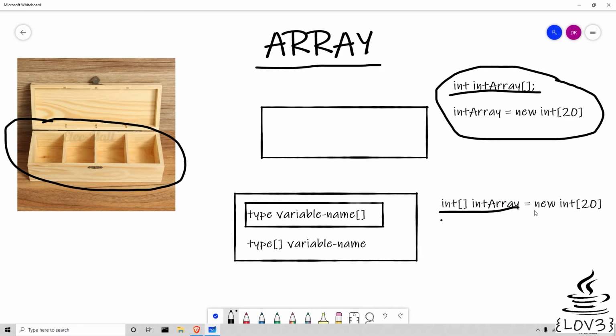When you use this keyword new, like this, you'll have 20 compartments, but when you initialize something in Java or in most programming languages, it has to have some value in it initially. So what Java does is, depending on the data type that you give here, it will initialize the variable. If you give int, it will be 0 for any numeric type, int, short, all these numeric types, you would have 0. For boolean, it would have false, and when you go for the reference types like objects, it would be null.